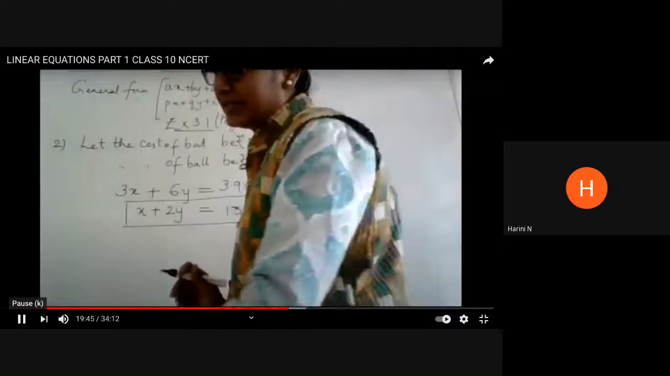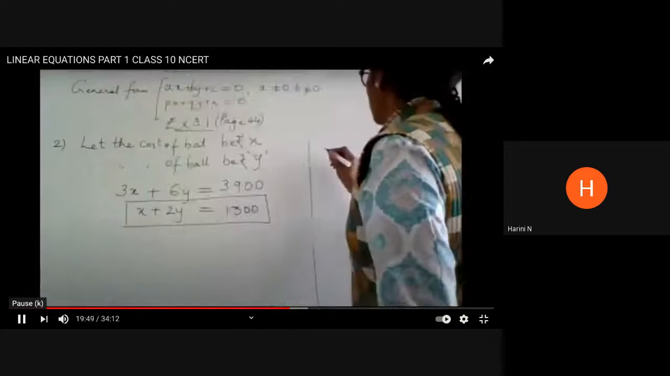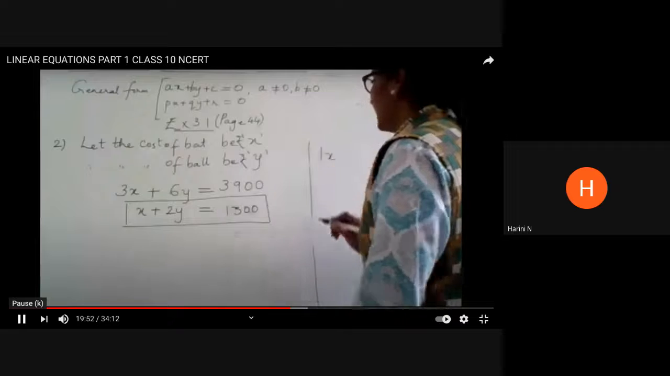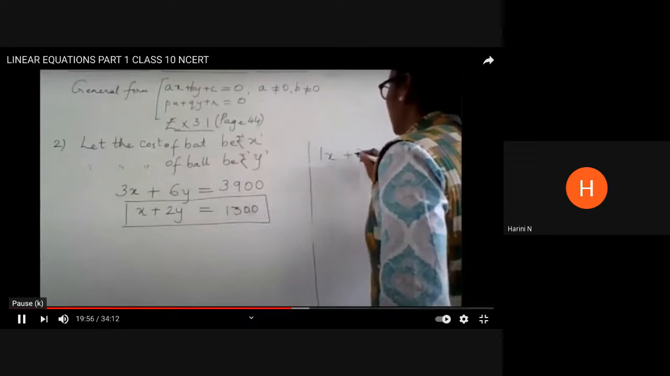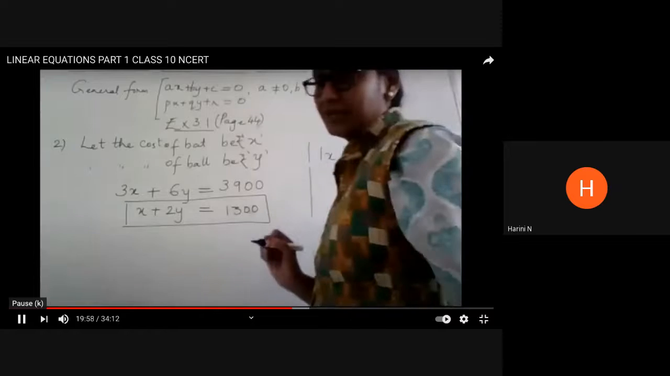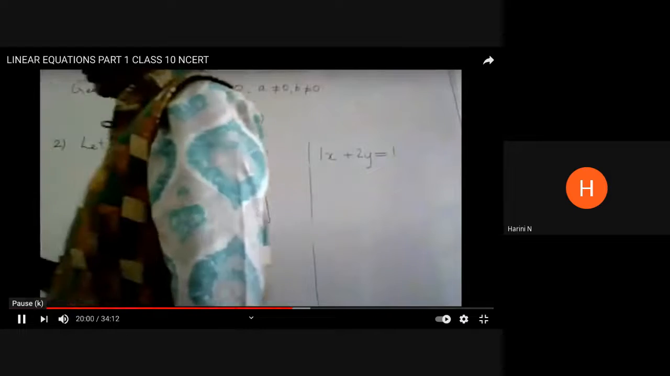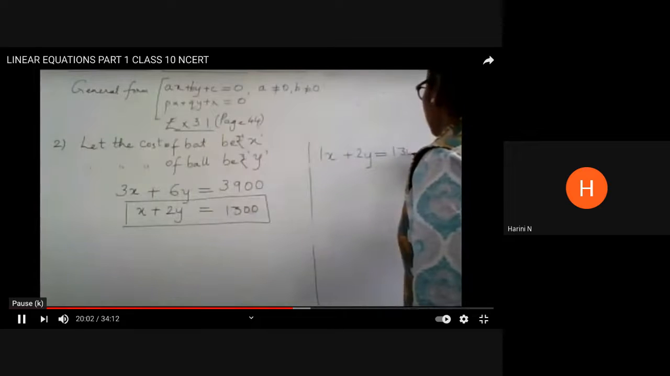Now the next one is, she is going to buy 1 bat and 2 balls. So the next situation is purchase of 1 bat, so 1x, and 2 balls. So there, the cost is coming out to be 1,300. So this is my